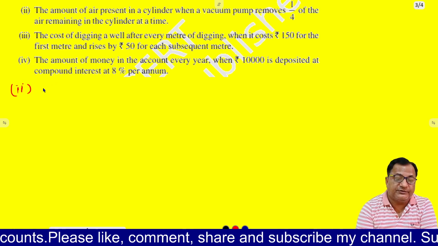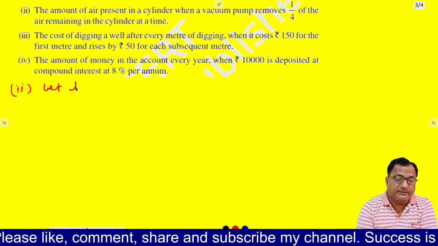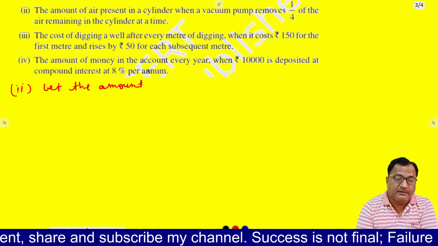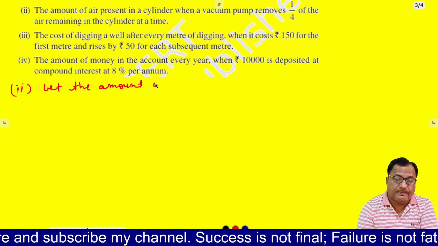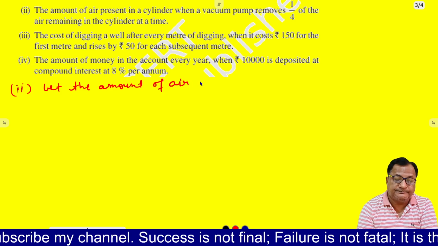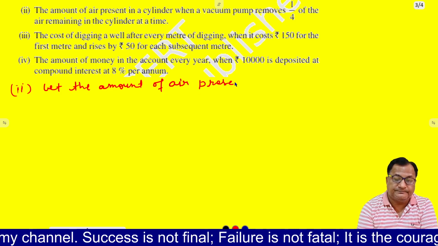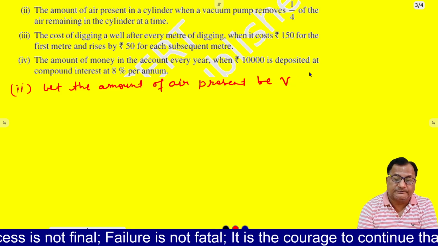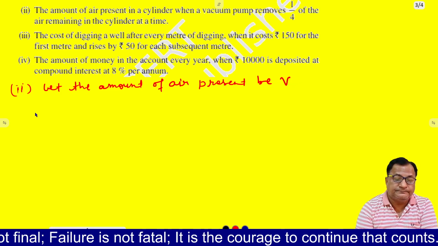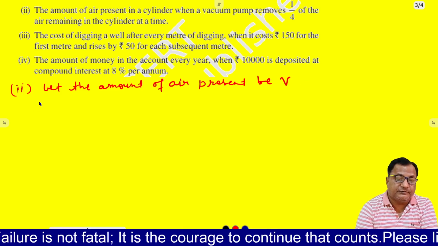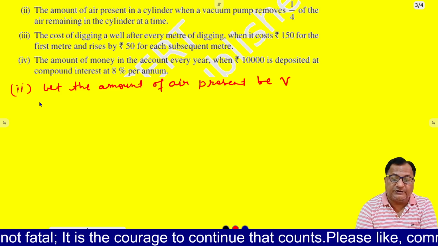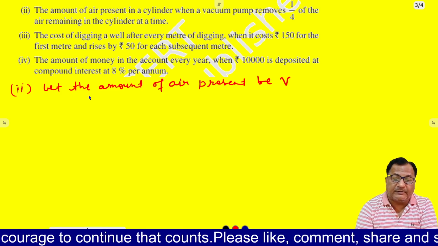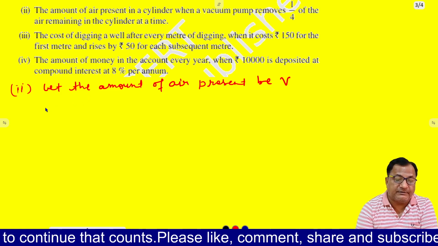So let the amount of air present be V, volume V. So when a vacuum pump removes 1/4 of the air,